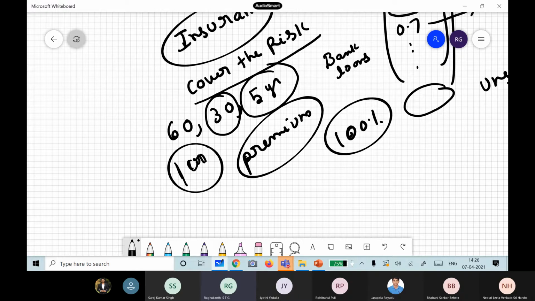So suppose you have taken an 80 lakh bank loan, and the next day the building collapses. What will you do? You have taken a bank loan and then the building has collapsed due to an earthquake or some problem, say. So who will be at a loss? The bank or the people? Yes, the bank has lost 80 lakhs. You would have spent a little. So what you will do is lift your hands up and say, bank, I will not pay the loan. The bank will take over your property itself.